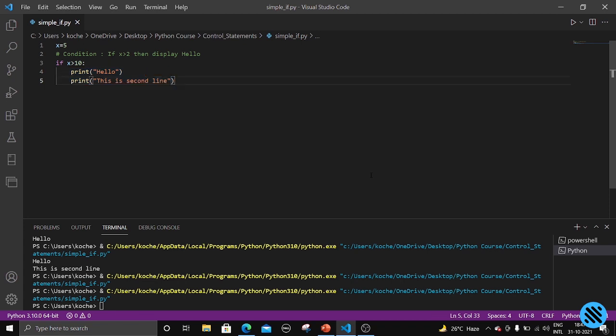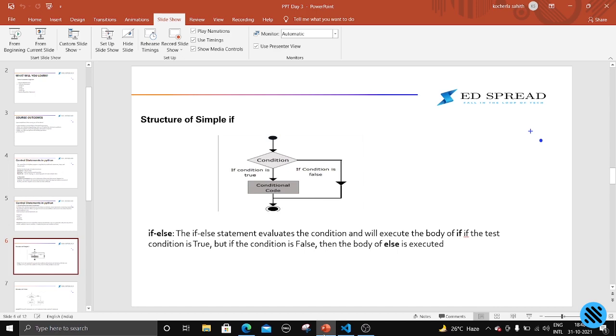Okay, so I hope you guys understood what a simple if is. That is nothing but only one if will be there, and along with if, one condition will be there, and if the condition is satisfied, then the statements under the if block will be executed, right? And next thing is, let us go to the next one,